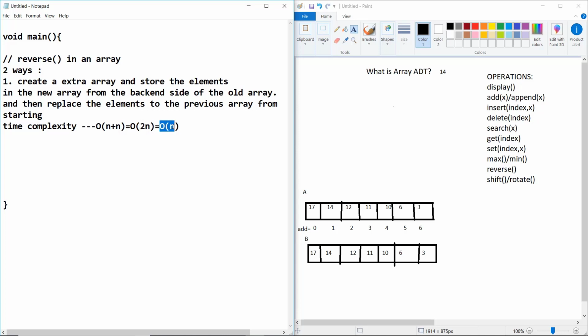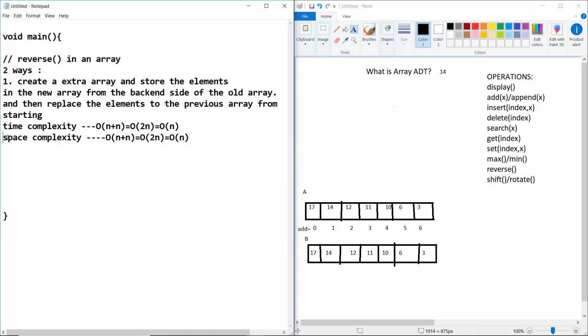So the time complexity is O(n), but the space complexity is increasing. For space complexity, we need to have extra space for this.